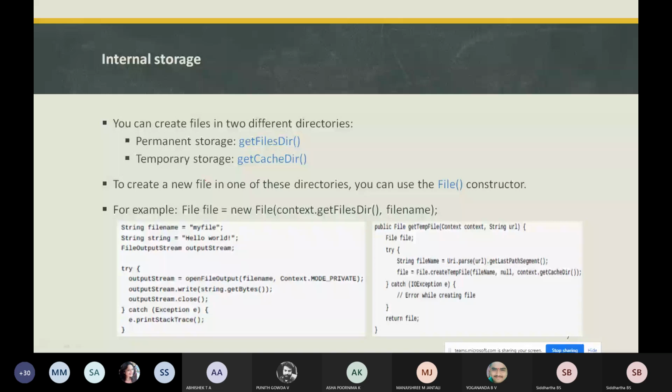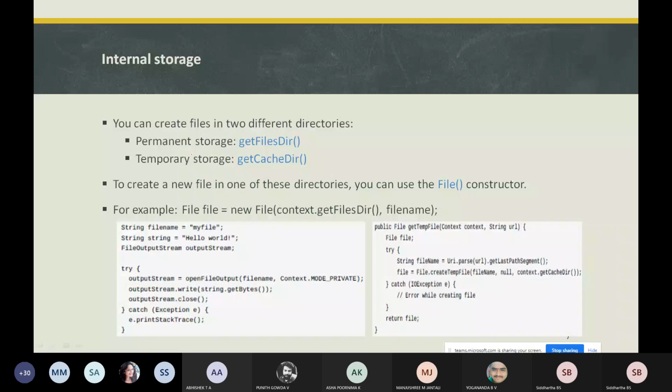So to create a new file in one of these directories, that is about the directories. Within those directories, if you want to create a new file, you should use the File constructor, when you are extending the class File. You create the File constructor by passing the file provided by one of the methods, which specifies the internal storage directory.